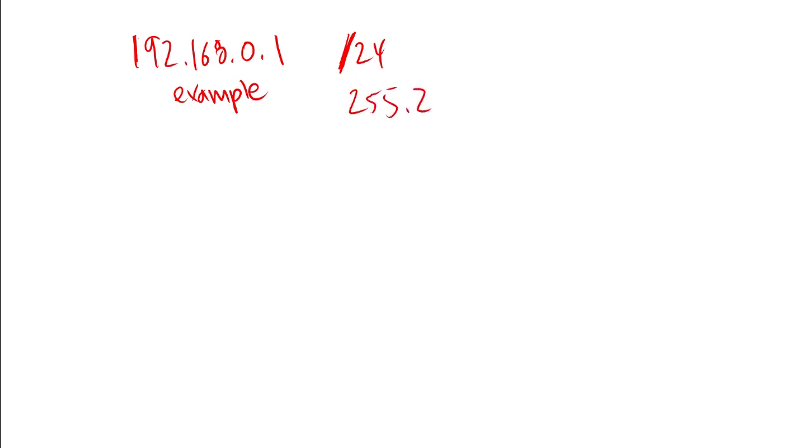Say your IP address is 192.168.0.1, for example, and your subnet mask can be written as /24, so it's a number, or it can be written as 255.255.255.0, or it can be written as